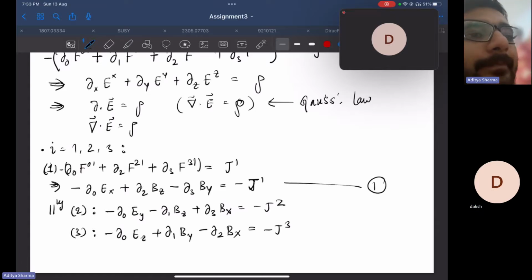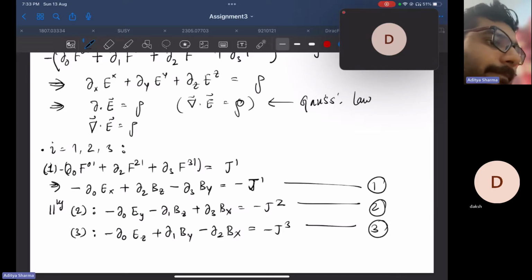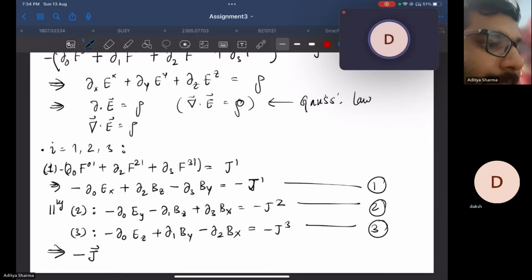So we have 1, 2, 3, and you are going to add all of this, component-wise. What I mean to say is you'll write this vector equation and add them. So you will have minus J vector is equal to minus d dt of E vector